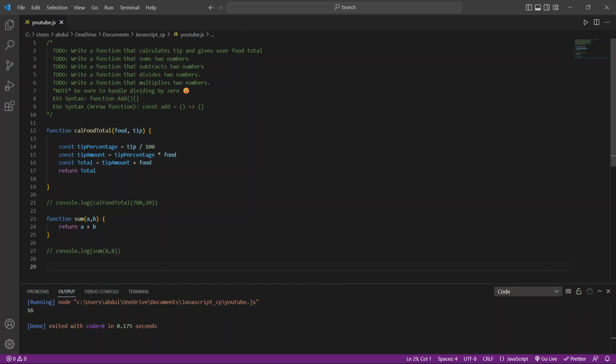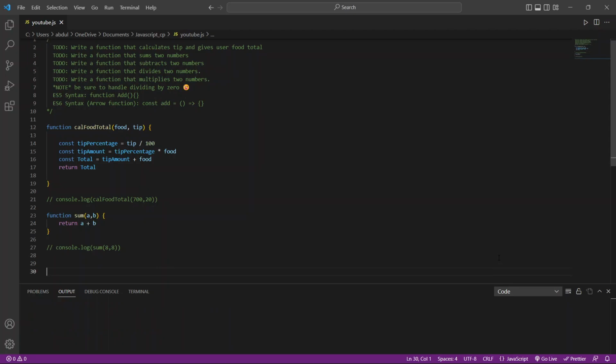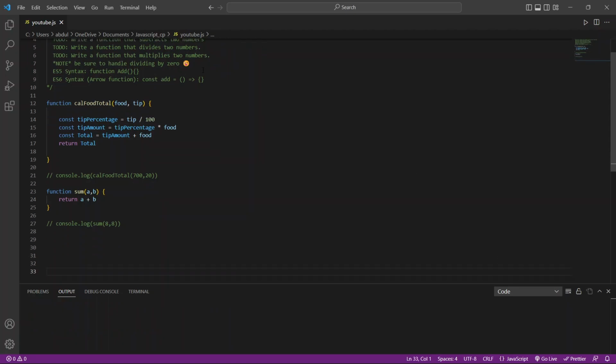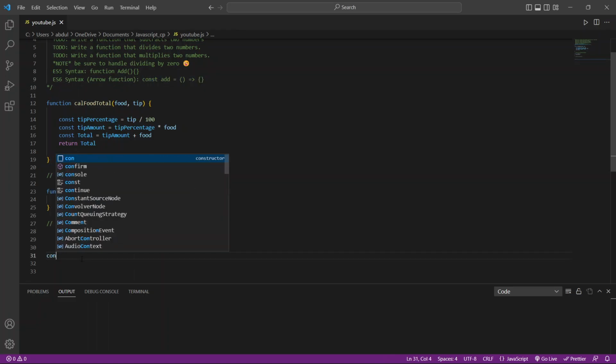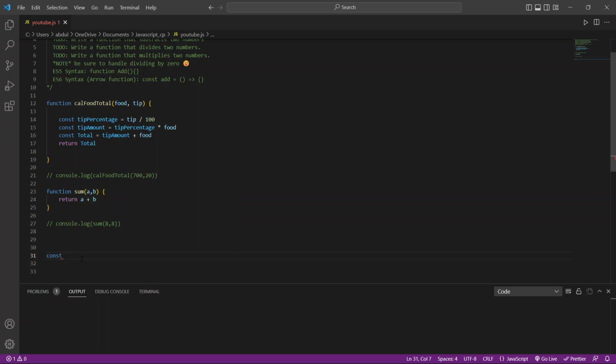So we want to use an arrow function for this. This is like the old standard of writing functions. The new standard is using arrow functions. So let us see how arrow functions work. Basically I've written it here. This arrow is just the notation. So we're just going to be const, then the name of our function, we're going to name it sum. Okay, let me say sum2. Then I'm going to have this assignment operator, and then this is going to be what our argument is going to be here. So a, b, and then